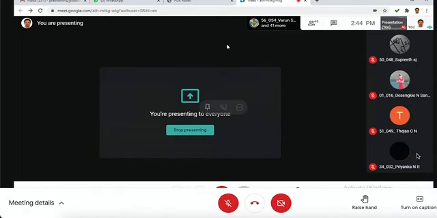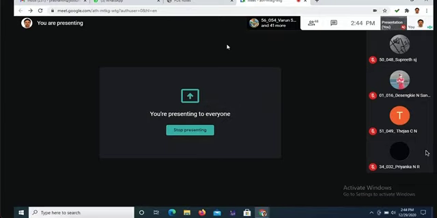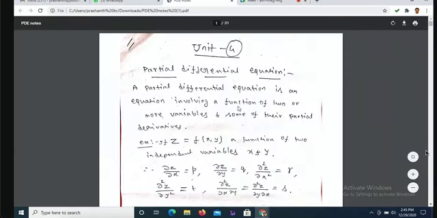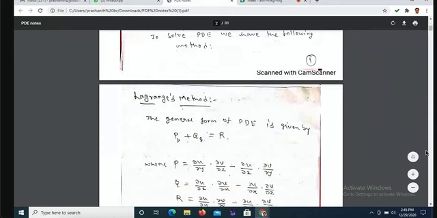So in the last class, I explained how to solve partial differential equations by using Lagrange's method as well as by using multipliers. Now we have some standard equations already, like the wave equation and Laplace equation, which we already solved. If we use the Laplace equation or wave equation, how do we solve other problems, and what is the general form? We'll move on to that in this class.